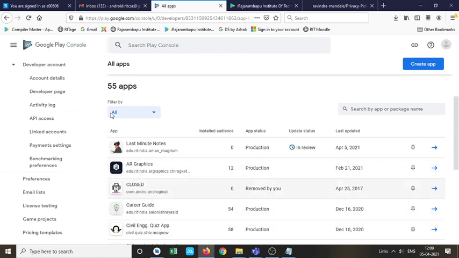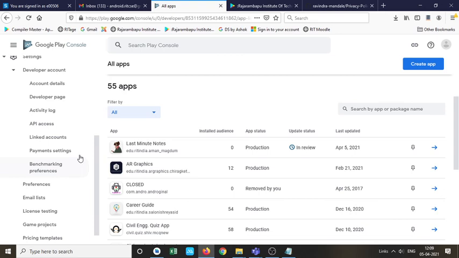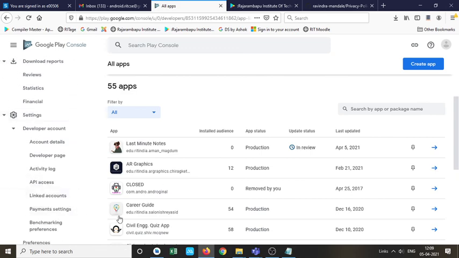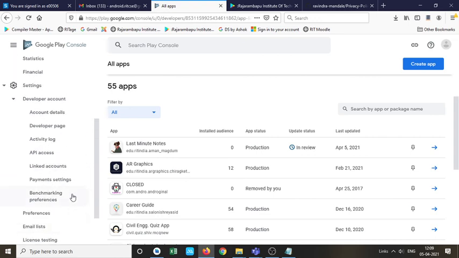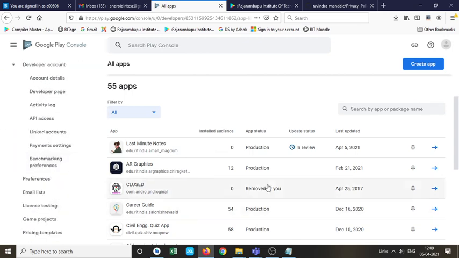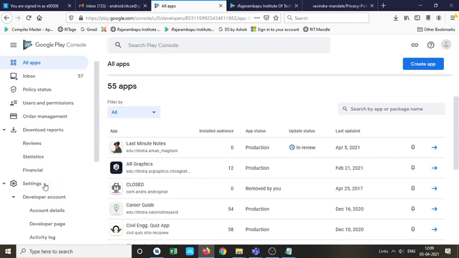But this is the new user interface of Google Play Console. Previously, in the classic view, whenever you completed a particular step, there was a green progress bar showing that step is completed. It was easy to find which steps are successfully completed and which are not. That video I already published; you can also check that video. Things are the same, but this user interface is different.